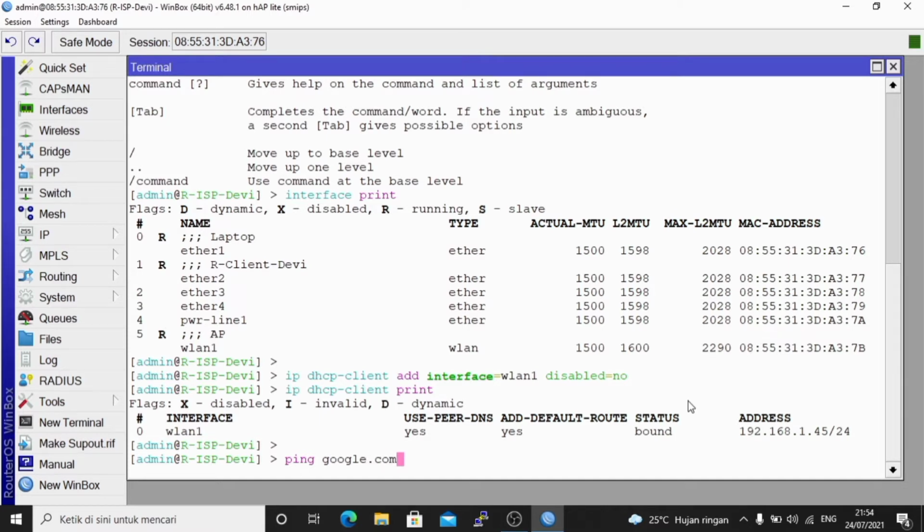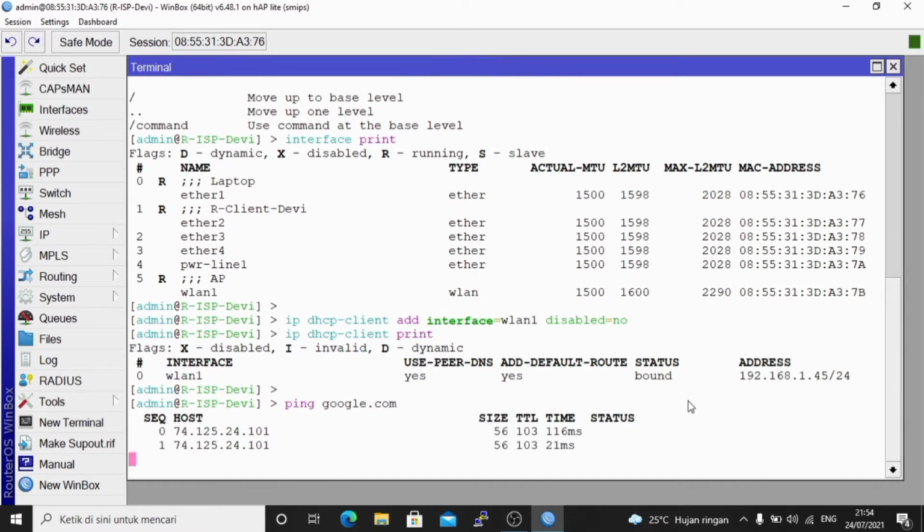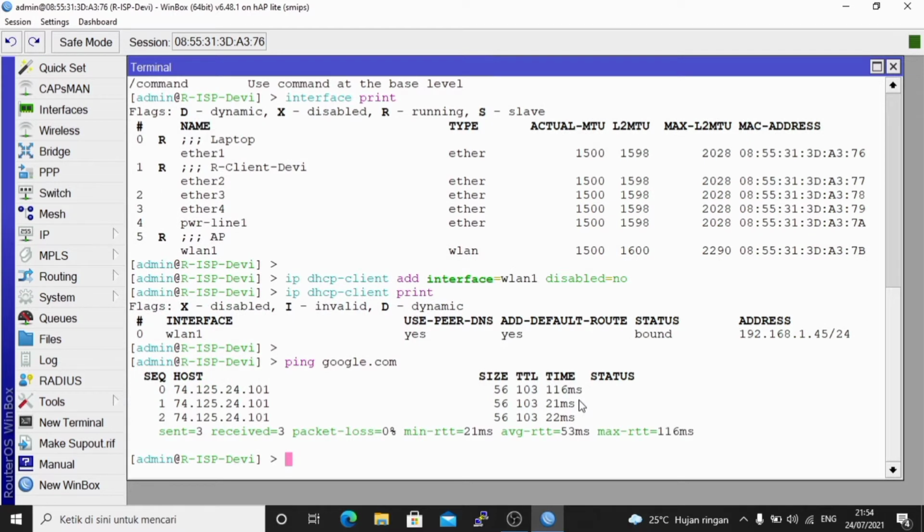After that, check whether the router is connected to the internet or not by using the command ping google.com. Enter. And it can be seen here that the result is a reply, which means the router is connected to the internet. Next, configure the IP address by using the command IP address